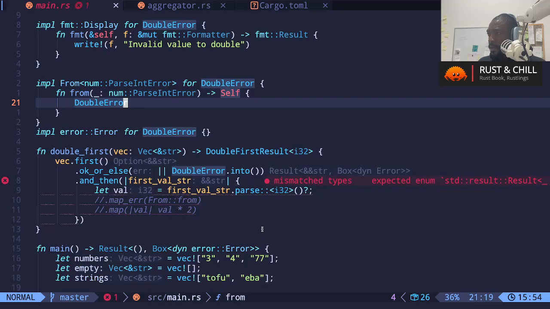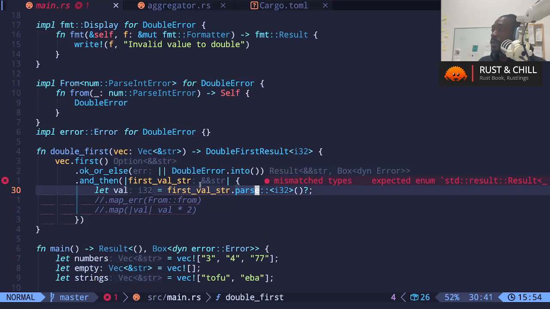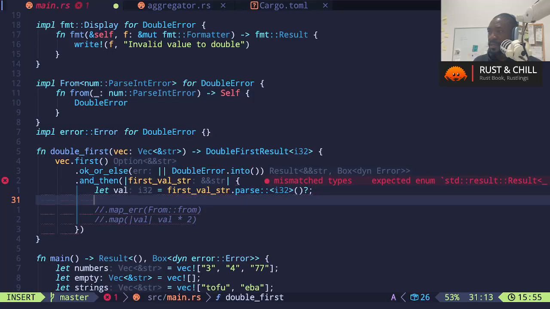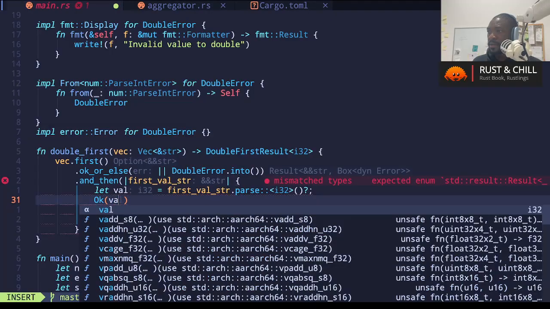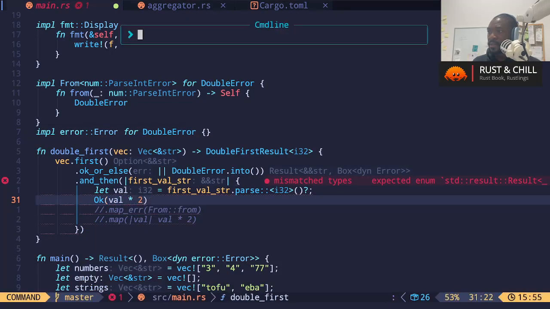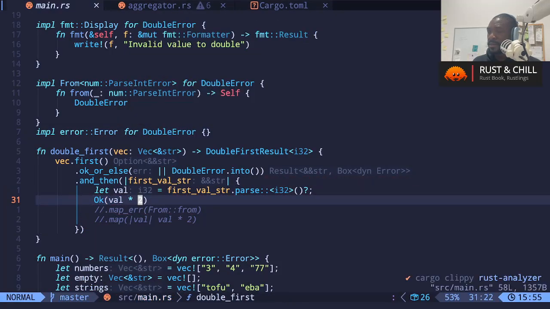And so now, what needs to be returned from here would be a result of the doubled value. So we can do something like Ok of val,